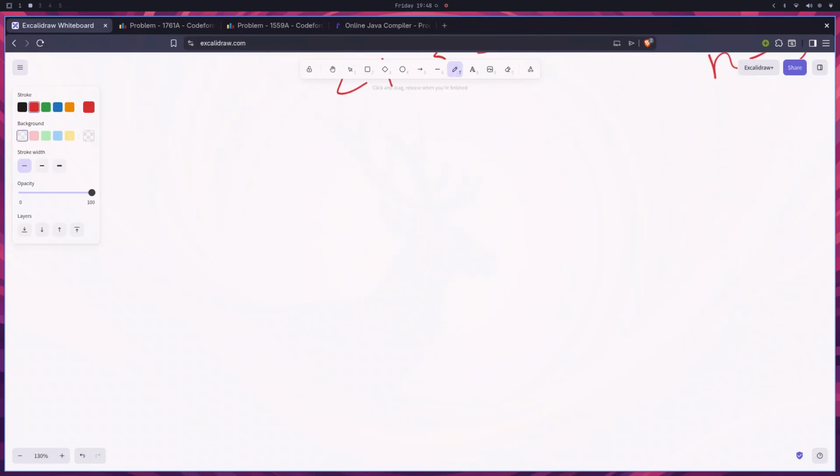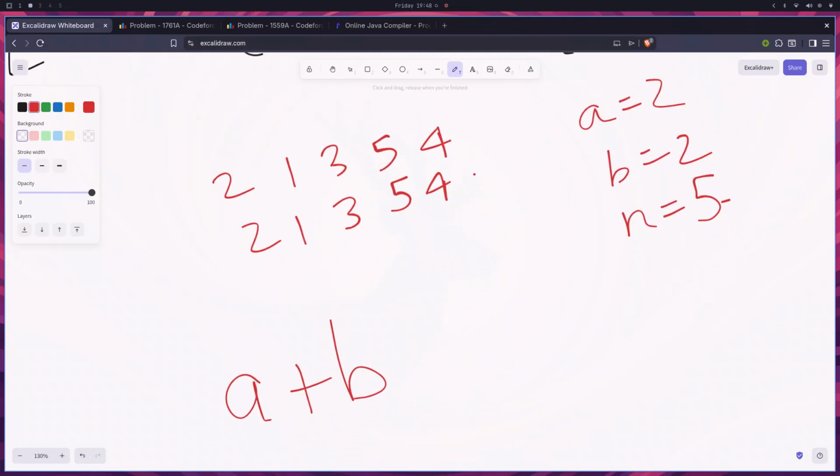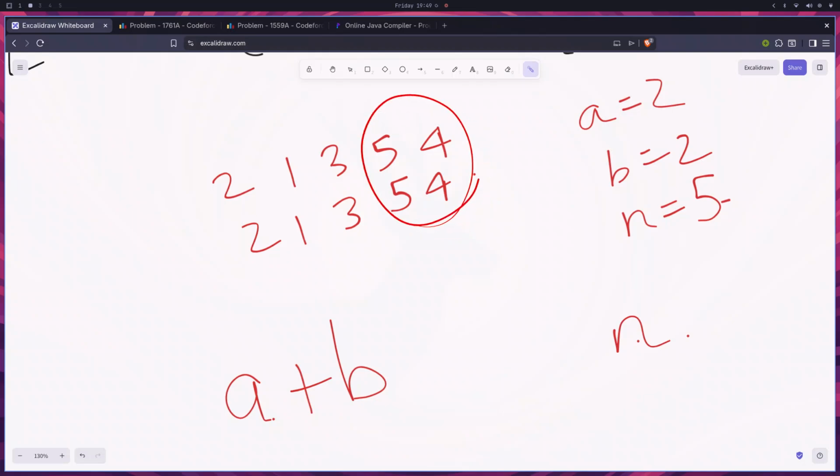So mathematically, what that means is that A plus B plus 2 should be less than or equal to n, right? That a plus b should be greater than or equal to n. Sorry, my bad, just a second. This is not the constraint. After a plus b we need to compare it with n, right? So a, that means the common region of the prefix, plus the common region of the suffix should be